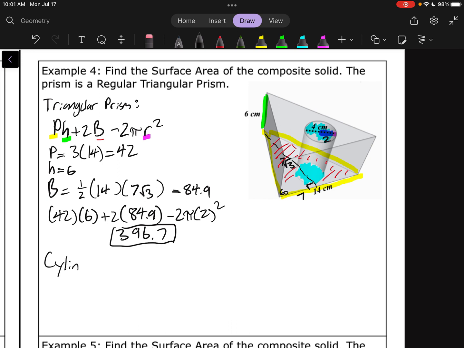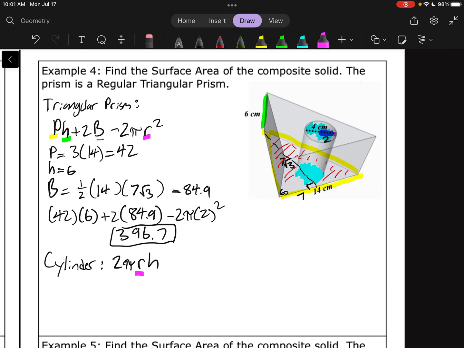Now we got the cylinder. Now this part's a little bit strange, but if we imagine what parts of the cylinder we would actually need to paint, well, it's really only the sides of it, right? Because the top and the bottom, that's where the hole is, but the inner part is now an exposed surface. And for those lateral walls there, we just need to do the lateral surface area formula, which is just 2 pi rh,